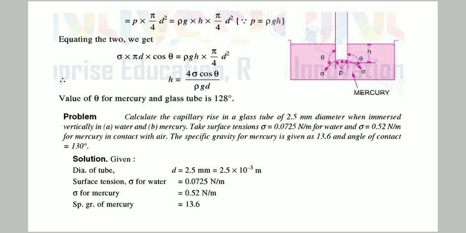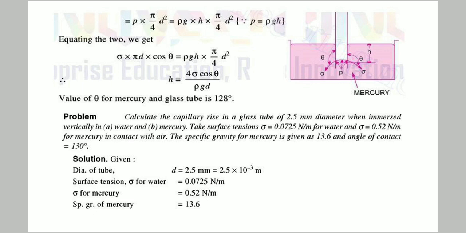Now let's see a problem. Calculate the capillary rise in a glass tube of 2.5 mm diameter when immersed vertically in water and in mercury. Take the surface tension sigma as 0.0725 Newton per meter for water and sigma as 0.52 Newton per meter for mercury in contact with air. The specific gravity of mercury is given as 13.6 and angle of contact is 130 degree. Okay, diameter of tube is given, surface tension is given for both water and mercury,